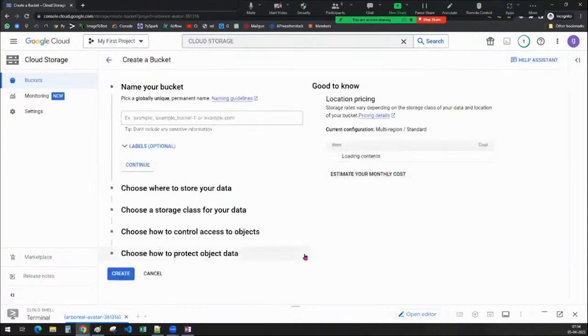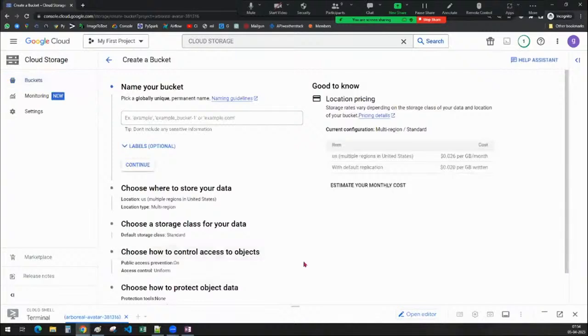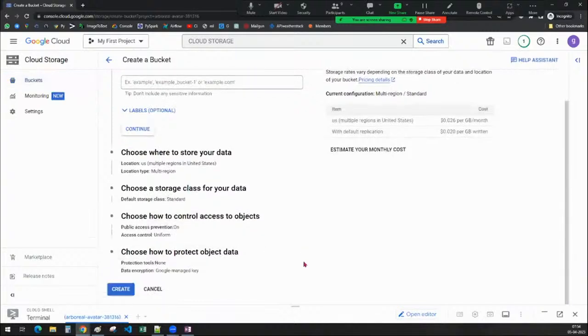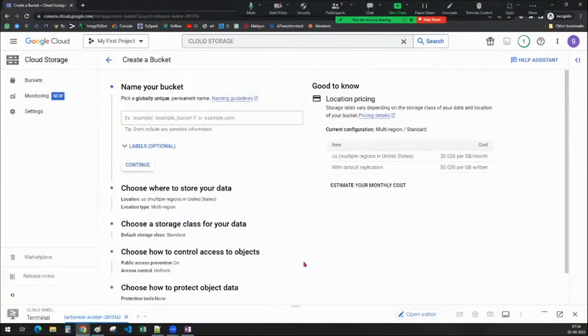When you click on create bucket, as I told you, there are a few things we have to remember while creating a bucket. First thing, while providing the name of your bucket, we have to pick a proper globally unique name. When I say globally unique name, no one has used this particular name so far as a Google Cloud Storage